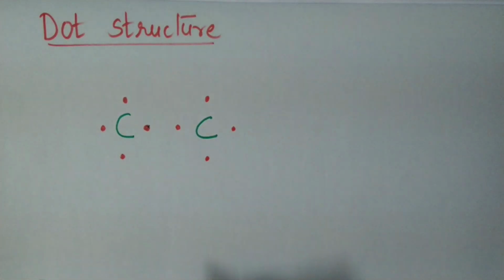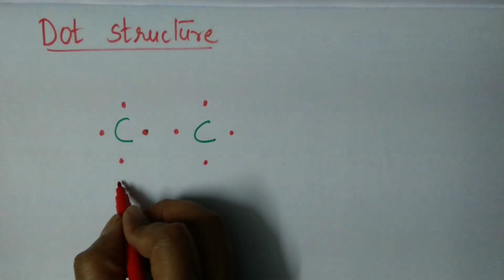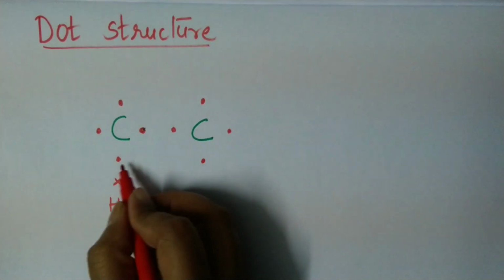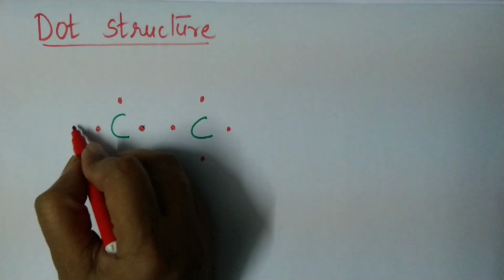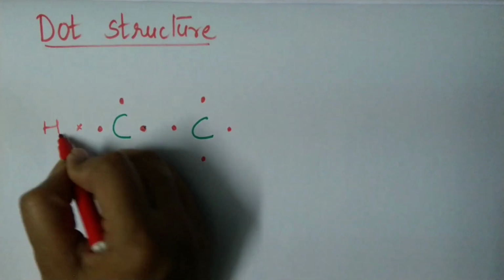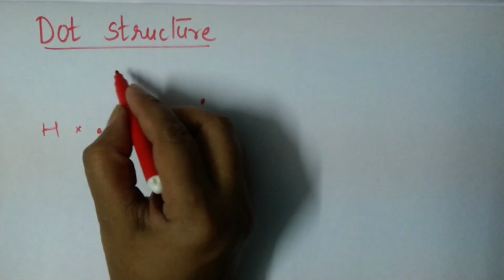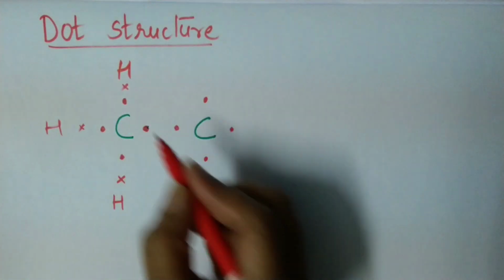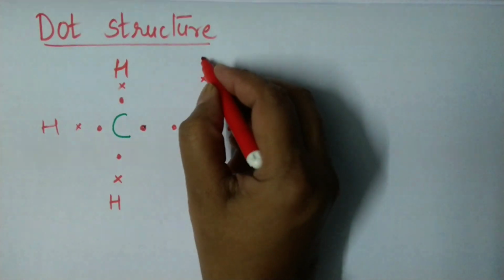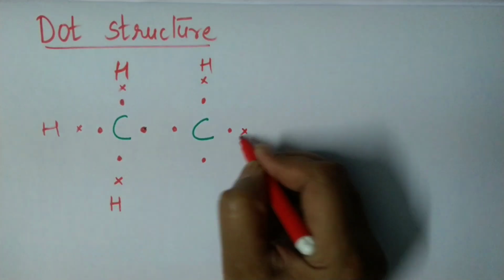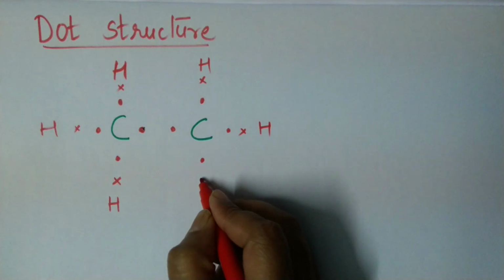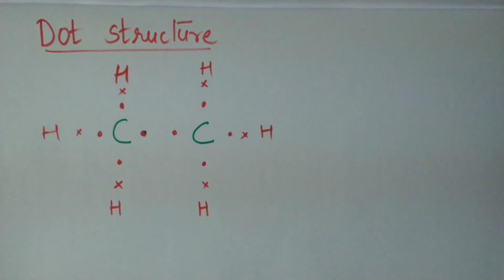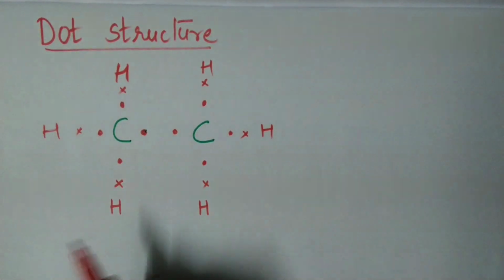Okay. Now, this will make friendship with hydrogen atom. So, I will write hydrogen atom here. Instead of dot, I have put a cross mark here, just to depict that this electron is from hydrogen. Done. Fine. So, valency of hydrogen is only 1. So, I have shown here hydrogen atoms. So, which structure is this? Lewis dot structure.